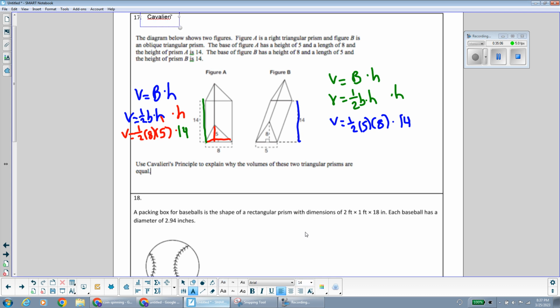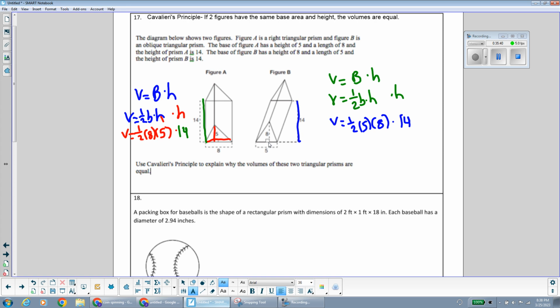Cavalieri's principle says that if two figures have the same base area and height, the volumes are equal. So here, figure A and figure B have the same base areas and the same heights, so their volumes are equal. Their base areas are the area of the triangle bases, which is 1/2